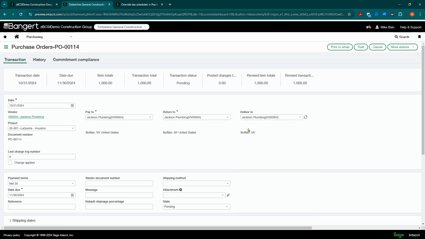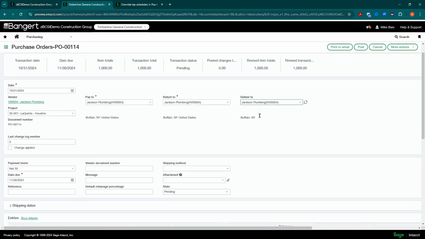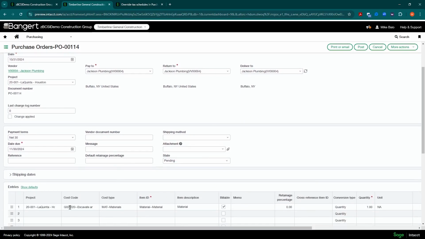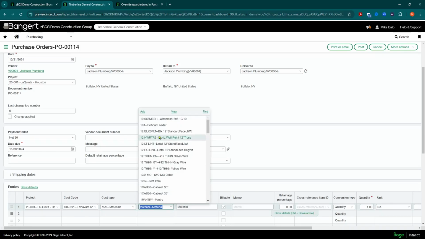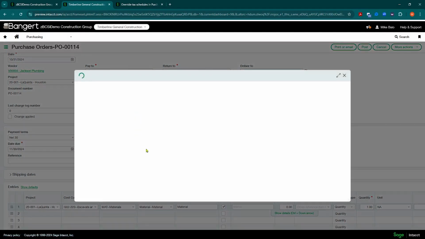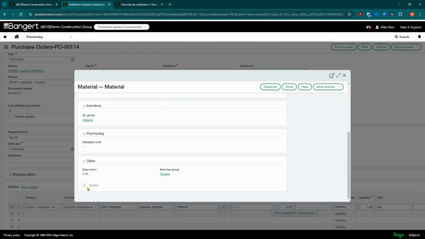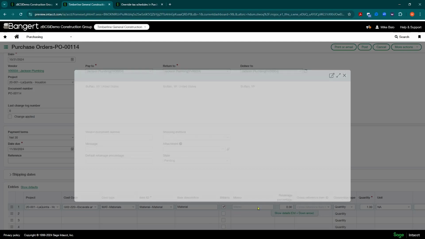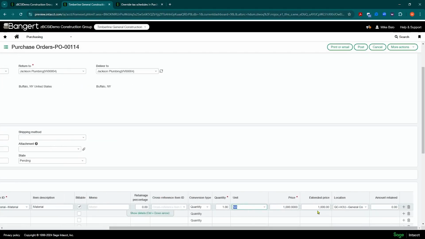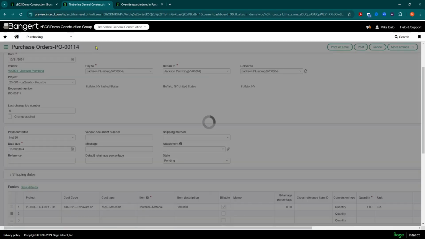But what's really nice is if you do forget to code it or code it incorrectly, you can catch it later and fix it. So in this scenario, we've coded it to the project, the cost code, the cost type, and a particular item. And this item, as part of your regular tax setup, is going to be either set up as taxable or not. So in this scenario, it's taxable. And we filled in the amount. But at the purchase order level, we're not really worried or tracking the sales tax at this point. So that document has already been saved in Intacct.